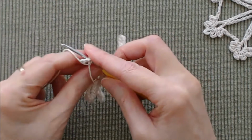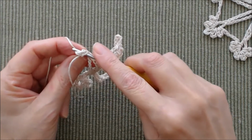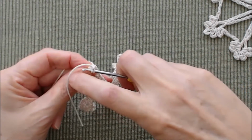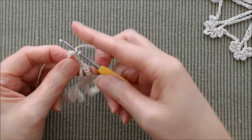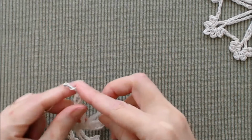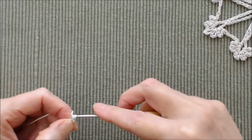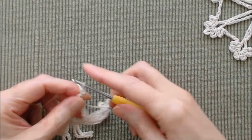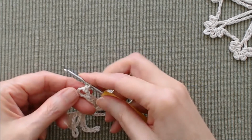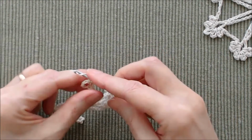So just grab your yarn from behind and bring that through, flip your tail over. You'll have 2 loops on your hook, yarn over and pull through 2 loops, and that's your single crochet. Come on, there we go. So that's joining on with a single crochet, and you can kind of pull that over to the right side of the circle. So chain 3